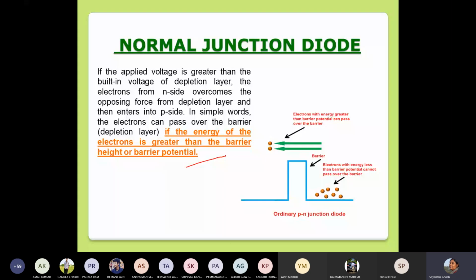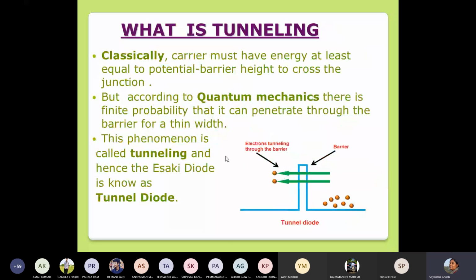But what we see in the tunnel diode is basically a quantum mechanical phenomenon. If you imagine the previous case as throwing a ball over a wall, this is like shooting a bullet through the wall. So what quantum mechanics says, the basic principle of quantum mechanics, whatever you have learned in your first sem, is basically this, right?